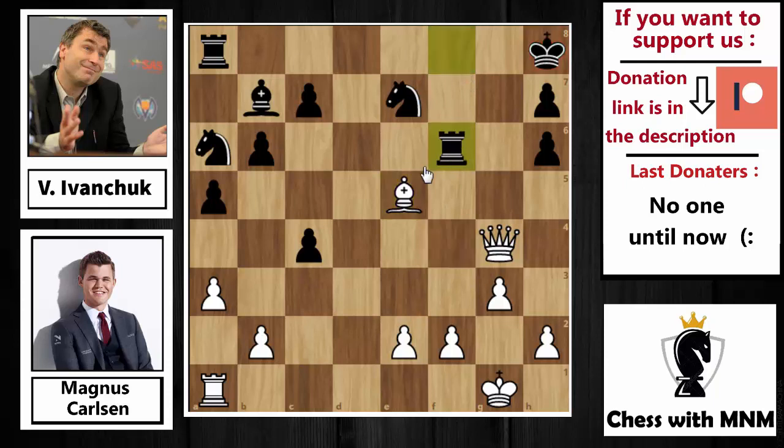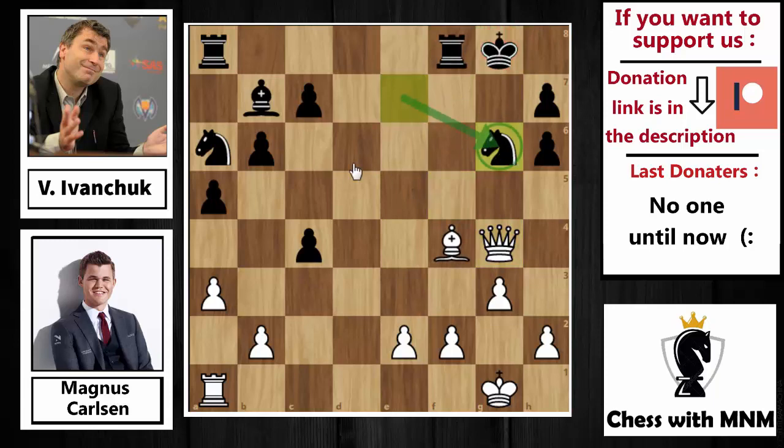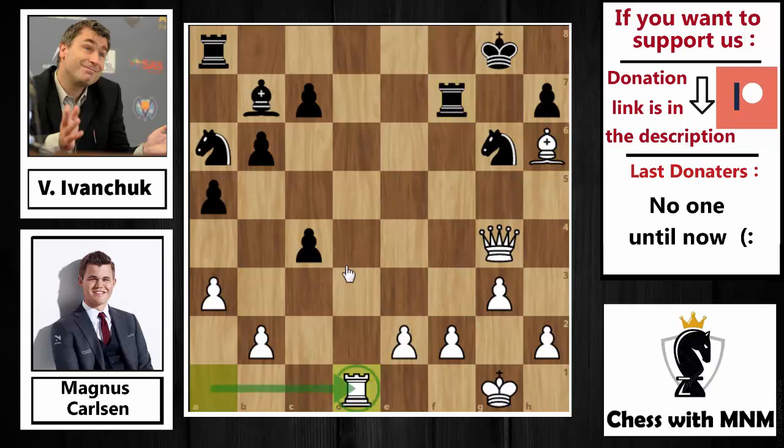The only move is rook to f6, and then bishop capture on f6 will be a checkmate. So, covering Ivanchuk, covered by the knight, knight to g6, and now bishop capture on h6 first, attacking the rook, and after rook to f7 here, Magnus Carlsen played rook to d1. Rook to d1 bringing the other rook into the game, and now rook to e8 played by Ivanchuk,